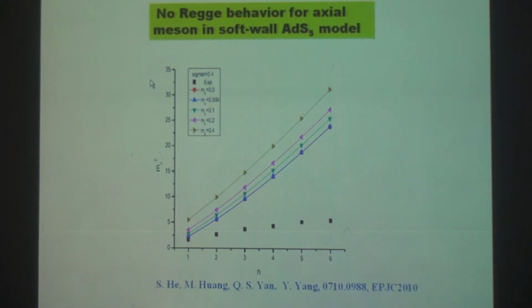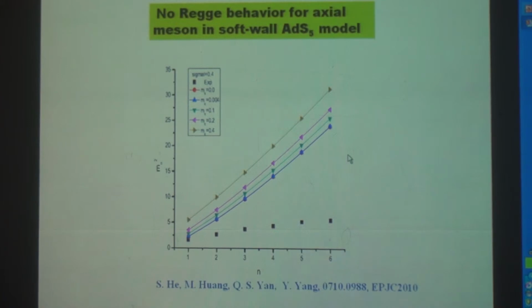So how about the tensor meson? Tensor we are working on now, with Andreas Katz. Actually, at the end of July, he told me that tensor mesons were very bad in this model, within the hard-wall model and the soft-wall model. It was bad, but because he suggested we do that, we are now doing that in our own model. I will talk about it later.